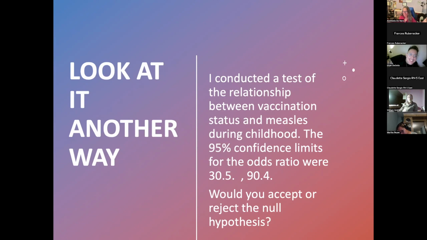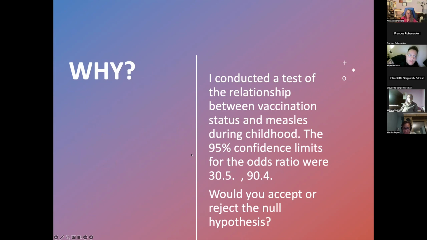No, it is not. And that's the thing where people often get, you're trying to think, it's got to be harder than that, because I learned that in kindergarten, right? Like my little granddaughters learned to count to 100. No, it's not harder than that. Does 1 fall between those 2 numbers? No, it does not. Then I'm rejecting the null hypothesis. 1 is not within the 95% confidence limit, not a plausible value.